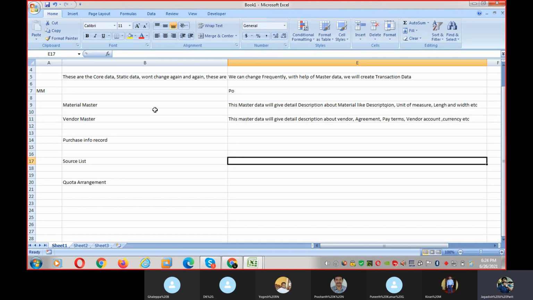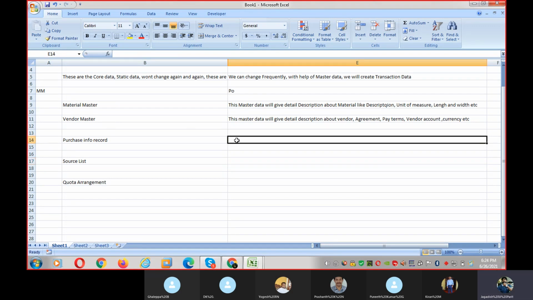So vendor master, it is like a master data. Here it will give a detailed description about the vendor. It can be agreement, or it can be payment terms, vendor account, currency, all the things we will find in the vendor master. So info record in the sense,